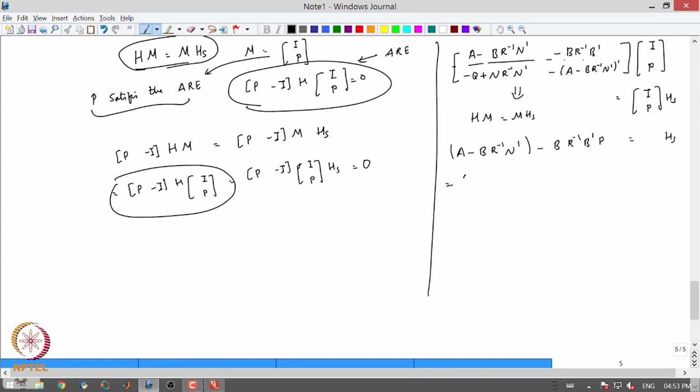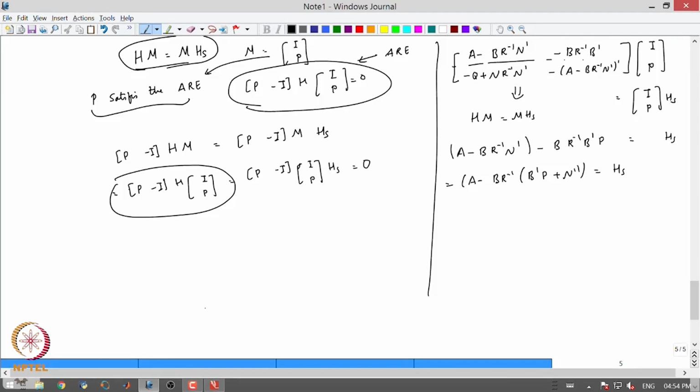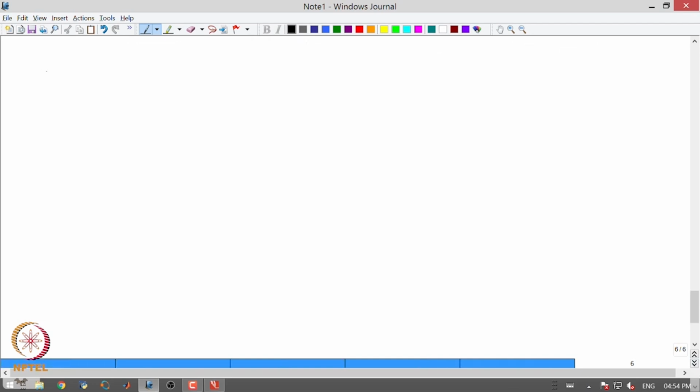So this I can rewrite again as A minus B R inverse, times B transpose P plus N transpose, is Hs. This is exactly what was in the theorem statement, right. Therefore Hs precisely takes this form. Okay. So the last step is to show that P is